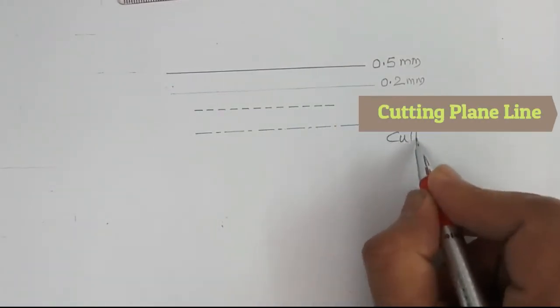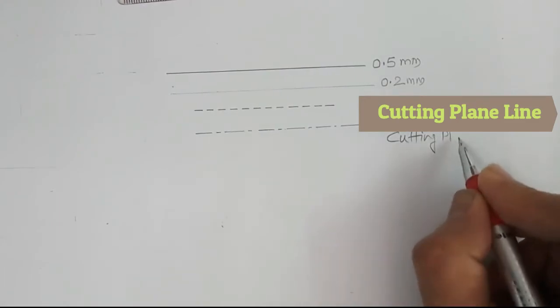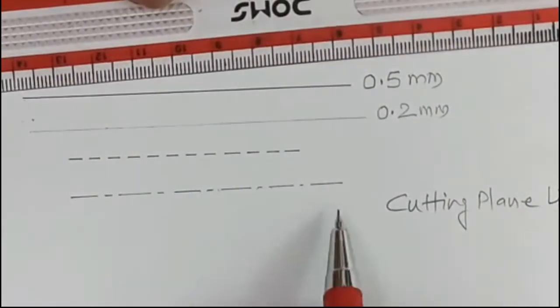Now we generally use cutting plane lines. So here I am just naming it cutting plane line. When to use a cutting plane line? In engineering drawing, whenever there are objects of which some parts are not visible, or we want to show the details of invisible parts, then we take a section of that part. So wherever we take the section, that is to be represented by a cutting plane line, and a cutting plane line is exactly